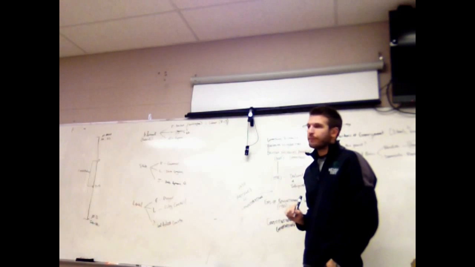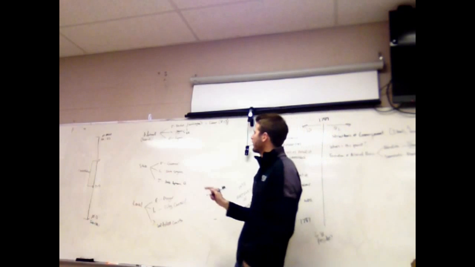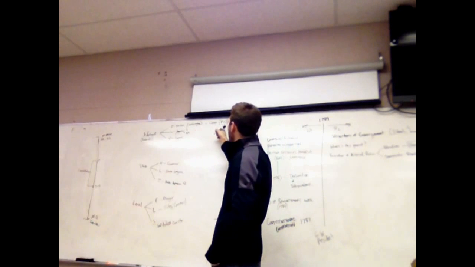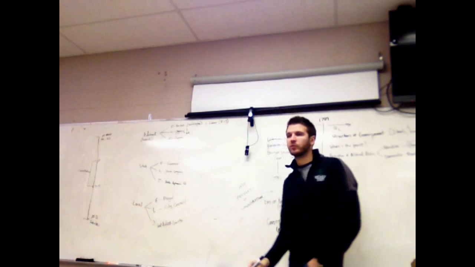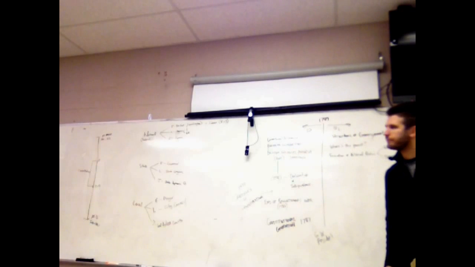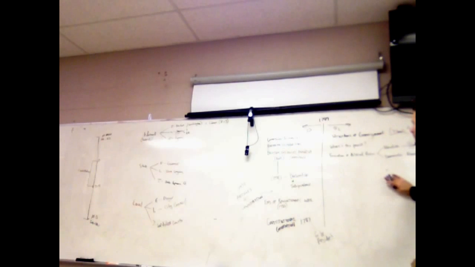That's a great question. So the executive branch is made up of the president and his cabinet, and Hamilton and Jefferson were two of his most trusted cabinet members. Okay, now,